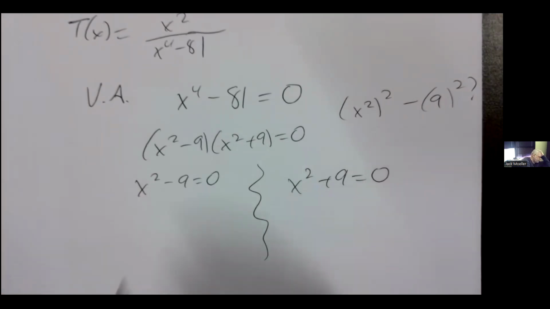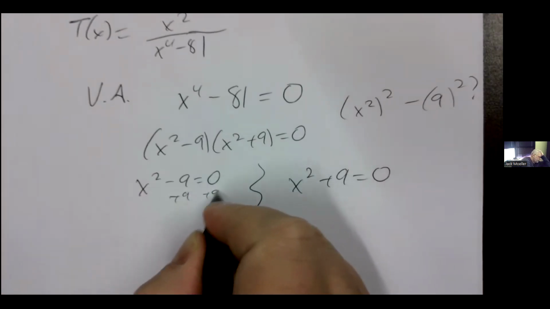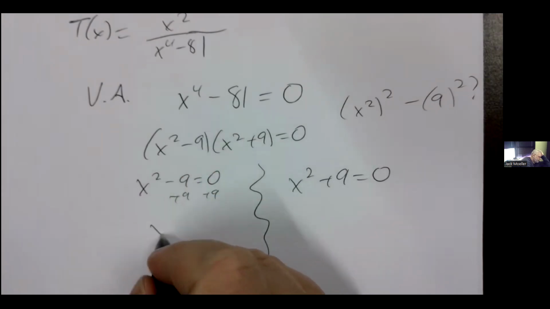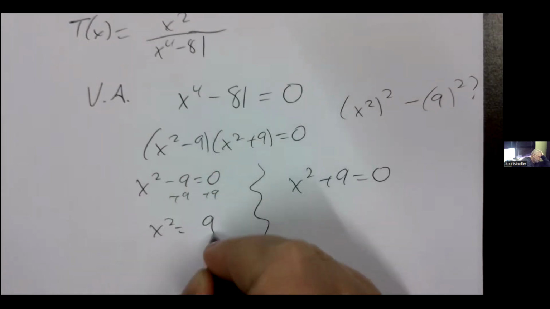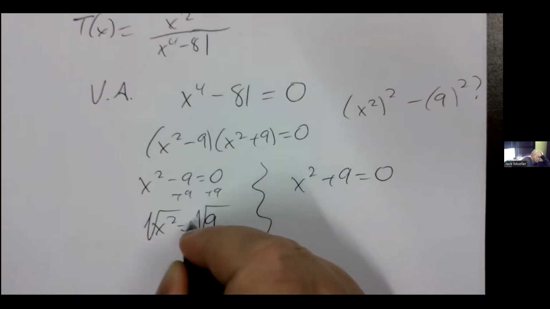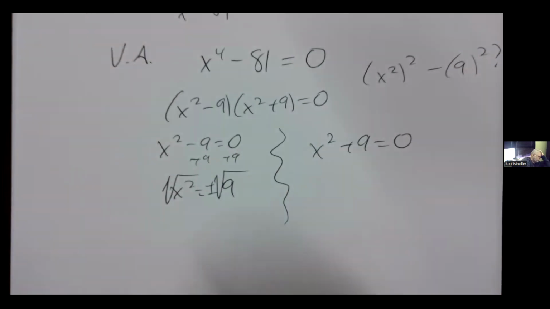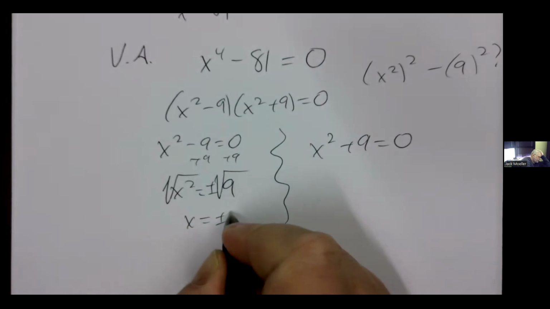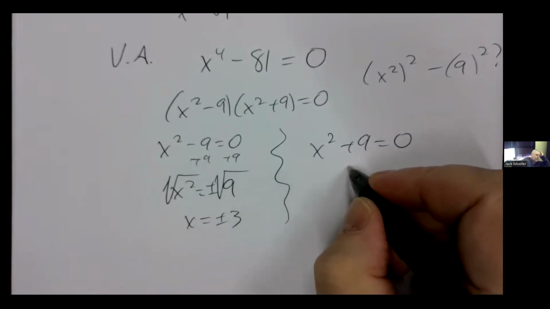Now we solve these. So if I add 9 to both sides, we could factor it, but let's practice our square root property. Don't forget your plus or minus. So we get x equals plus or minus 3. Over here,